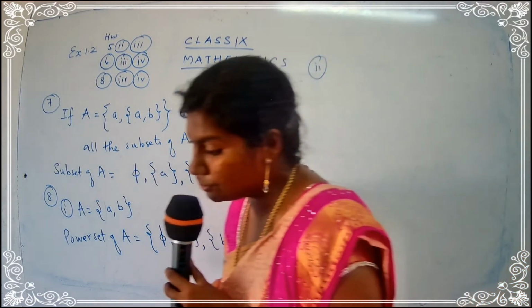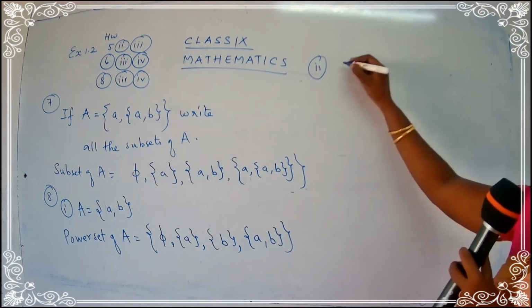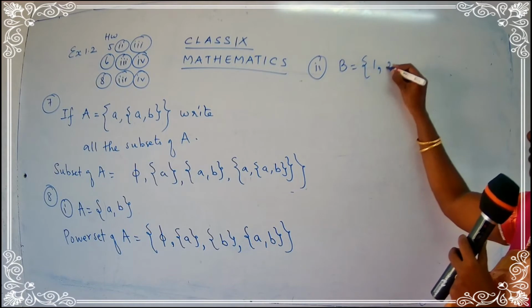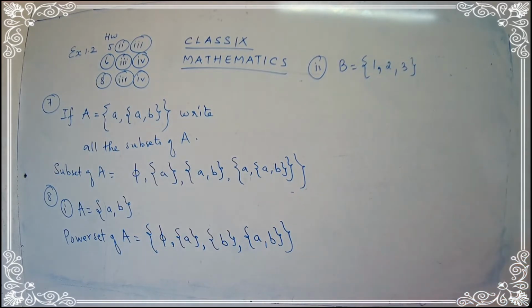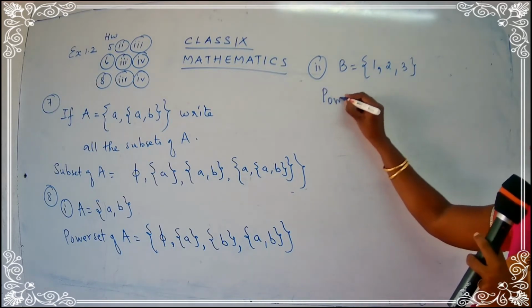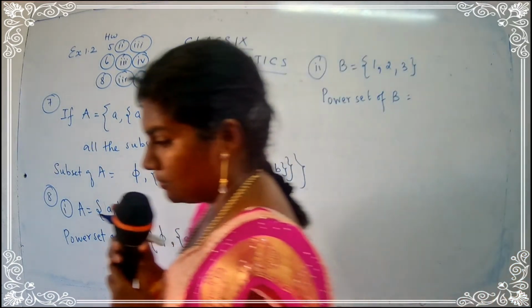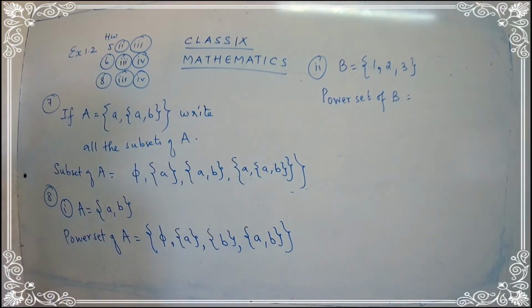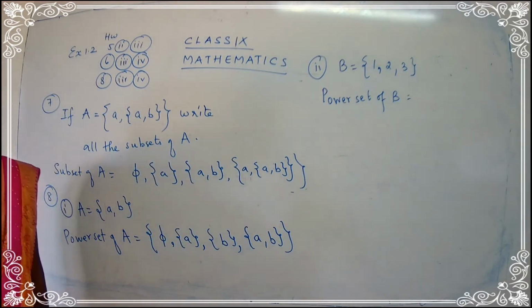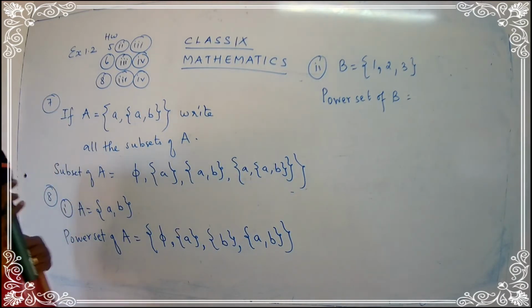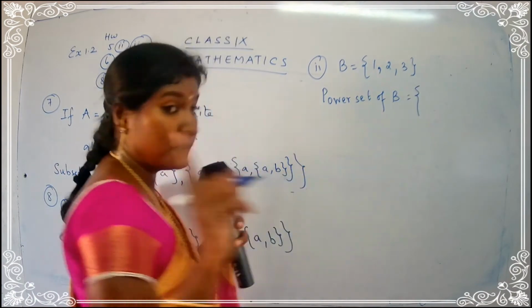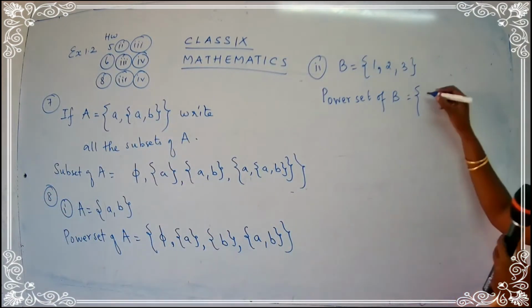What is the question given to you? B is equal to {1, 2, 3}. What are we going to do? We are going to find the power set. So write down power set of B is equal to, power set of B is equal to, okay, here we have 3 elements, children, yes. So what is the first set? Empty. Good. And how I have told you to start the power set? Using a bracket. Use a bracket. What is the first one you are going to write down? Empty. I'll write here empty.